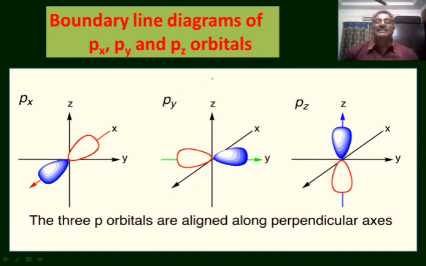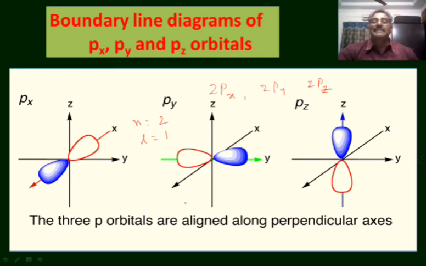In the case of 2p orbitals, that is 2px orbital, 2py orbital and 2pz orbital, the principal quantum number n is equal to 2 for all the p orbitals and the azimuthal quantum number L is equal to 1 for all the p orbitals. The energy of an electron in an orbital mainly depends on the n value and L value. As the n value and L value are the same for all the p orbitals in the same main energy level, their energies are identical. Such orbitals are said to be degenerate orbitals.